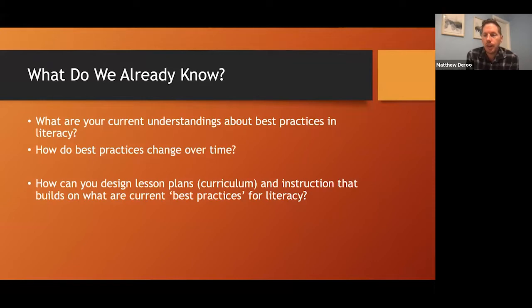So as you know, there's a lot of changes in our world from digital literacies and from the advent of the cellular phone and from computers. And so what we understood formally 20 years ago or 30 years ago or 40 years ago, some of those practices are the same and some of those practices have shifted. And so often best practices change over time because we have new understandings based on new experiences. And because we try out some theories and former understandings maybe are less effective than what we've learned from the research